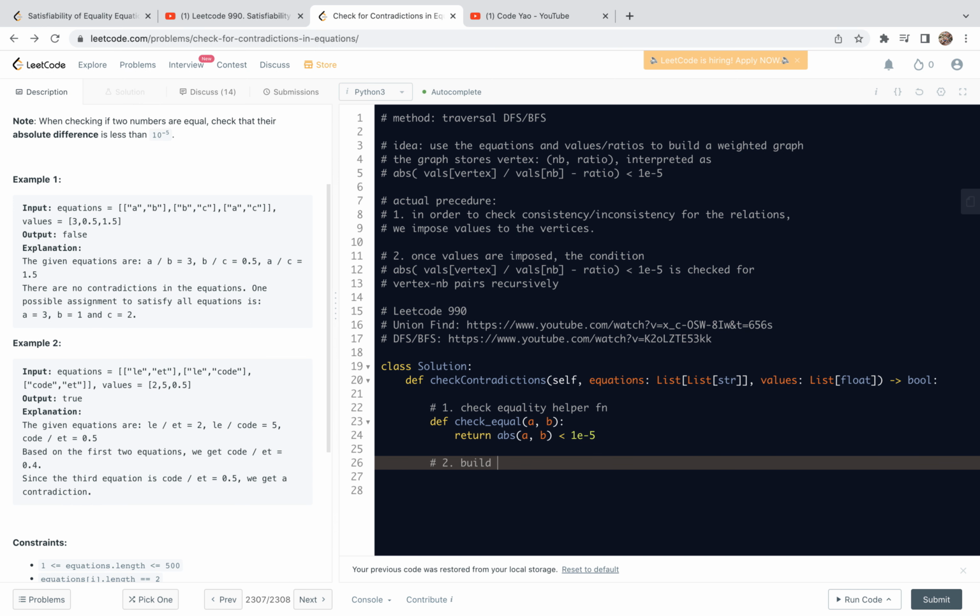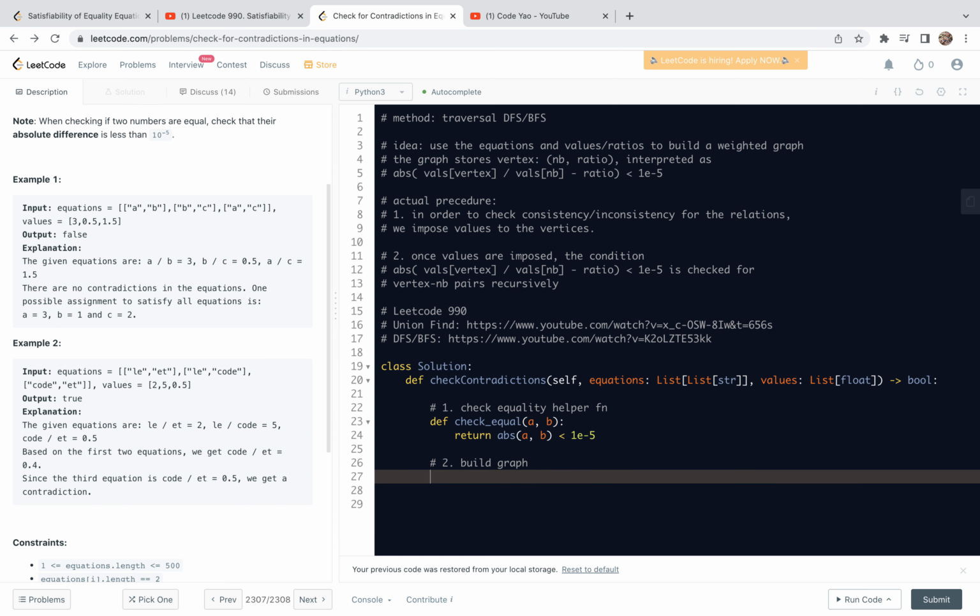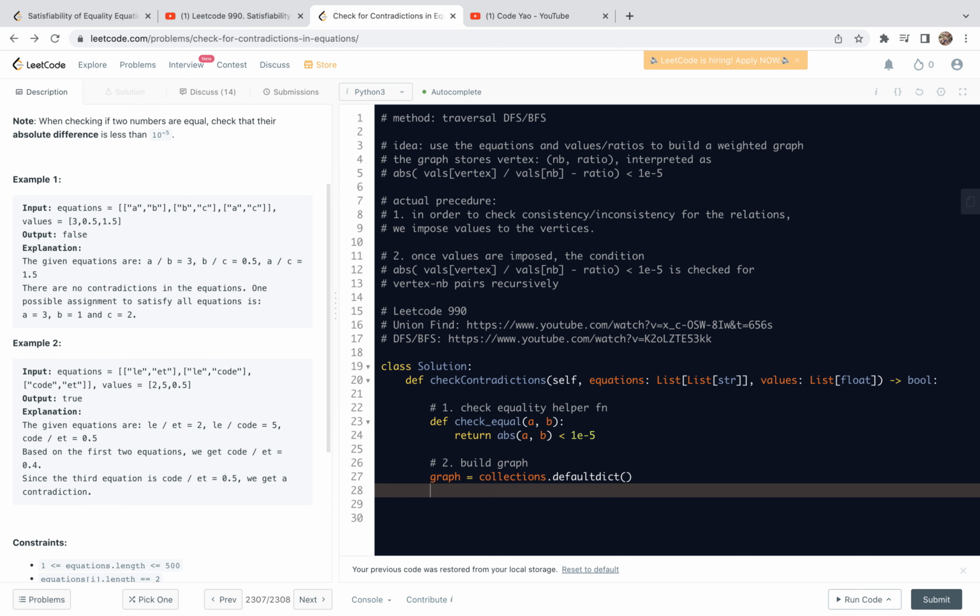Second, I want to build the graph. For this purpose, I will first initialize an empty graph. For this, I will call a collection, the defaultdict. If we like, we can just make a plain vanilla dictionary, but we need to treat some non-existing key in the process. Then we do the iteration. So for A, B, and R in the equations and the values,